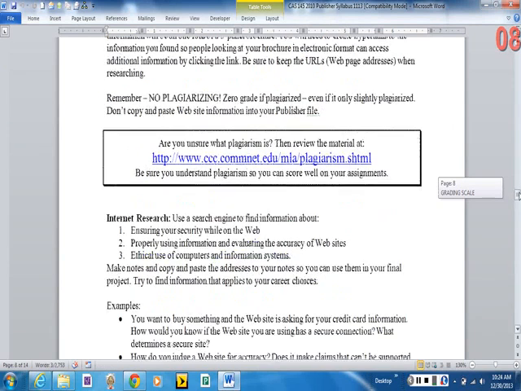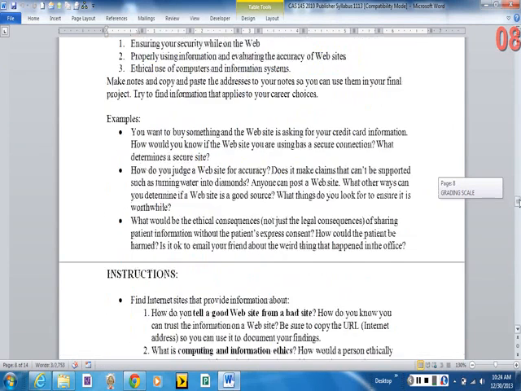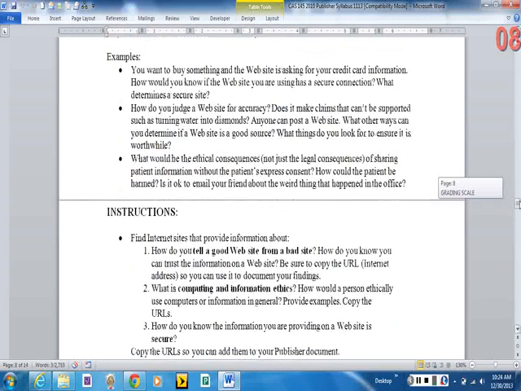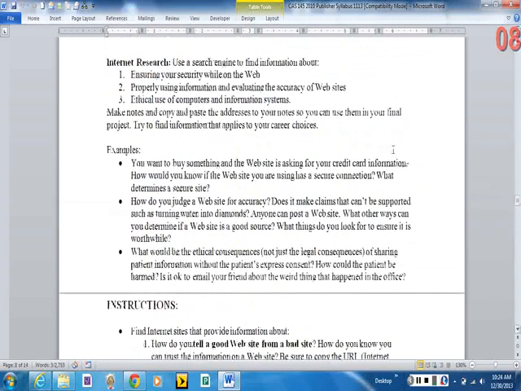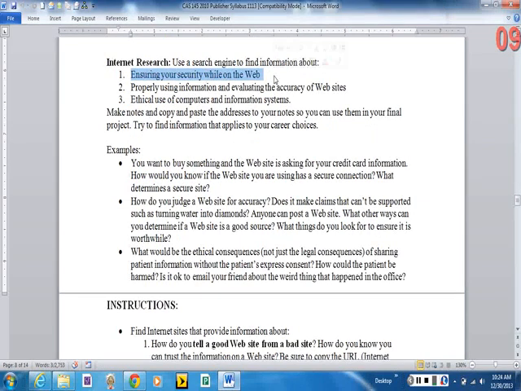Read through the instructions here before you start. You're going to do some internet research. How do you know you're secure while on the web, or how do you know your computer's secure? How do you properly use information? How do you evaluate the accuracy of a website? How do you know that website's telling you the truth? Ethical use of computers and information systems. Those are the 3 topics that you're going to look for, and then you're going to create a publisher project